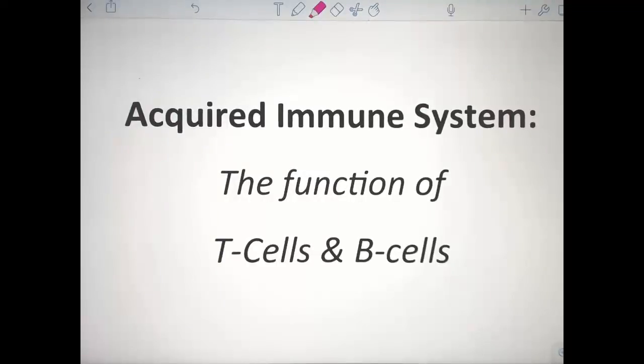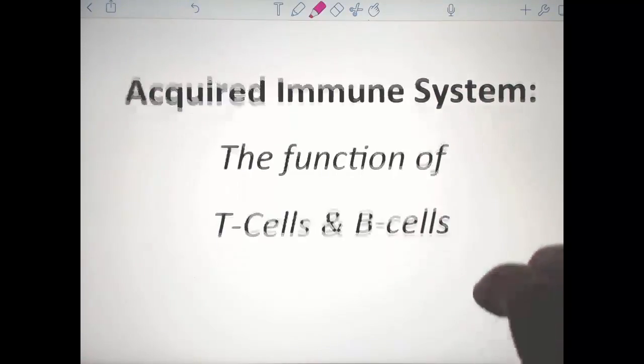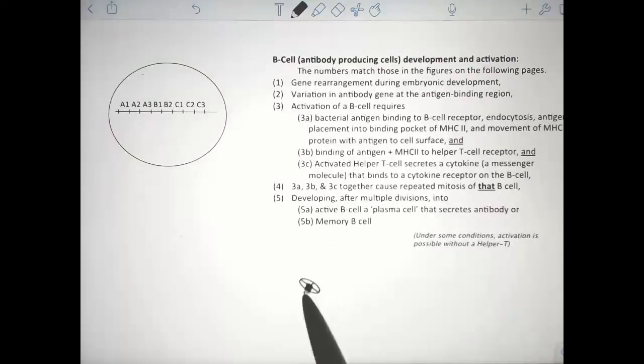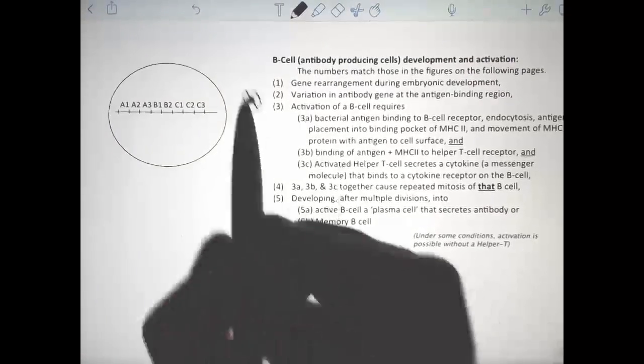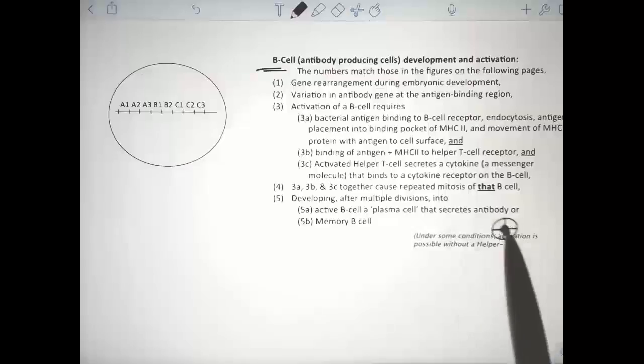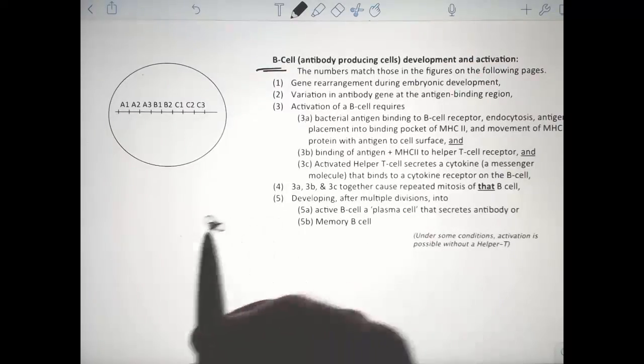This video will talk about the function of T cells, cytotoxic T cells, and B cells, antibody-producing cells, as part of the acquired immune system. So the second important piece is B cell activation. And for B cell activation, we have a very similar process, except that the end result is going to be